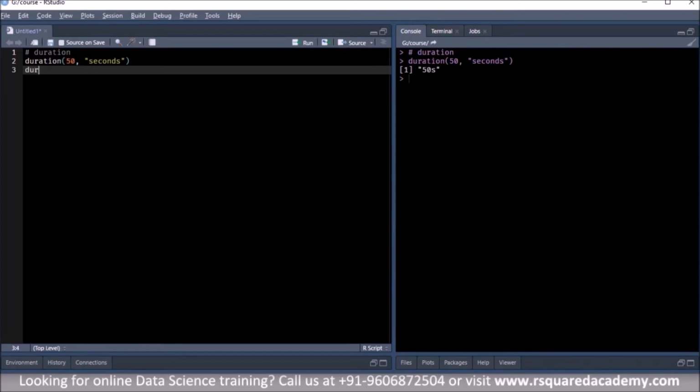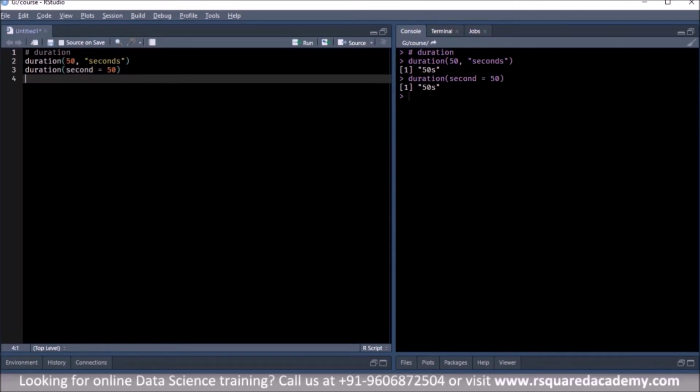Another way to write the same code is here you first specify the unit and then the value, right? It's the same. In the first case you specify the value followed by the unit. In the second case you first specify the unit and assign it a value. Now as you can see, the output is same in both the cases, right?